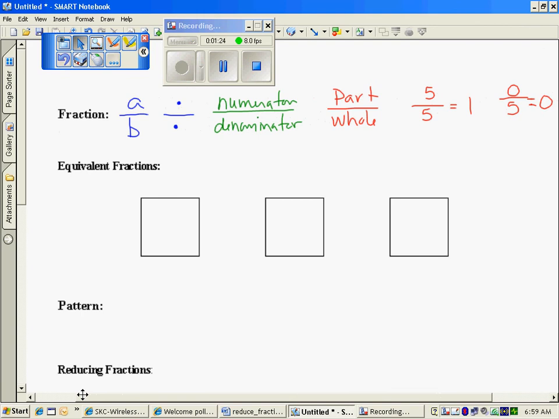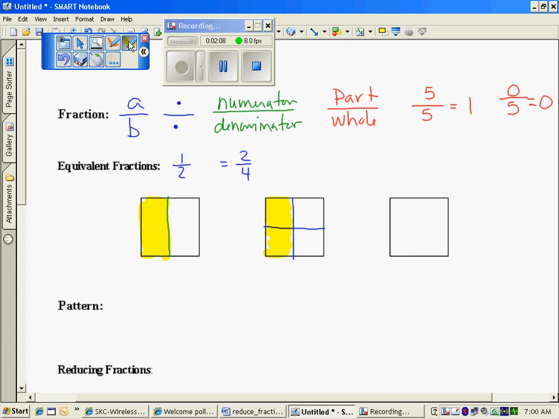Equivalent fractions are fractions that are equal. For example, 1/2 is equal to 2/4. Well, how did I move from 1/2 to 2/4? If we look at this diagram, 1/2, I'm going to shade that in. If I look at a second diagram that looks like 2/4, my whole now is not made up of 2 pieces, but of 4 pieces. And if I shade in 2 of the 4 pieces, you can see that this colored shading is exactly the